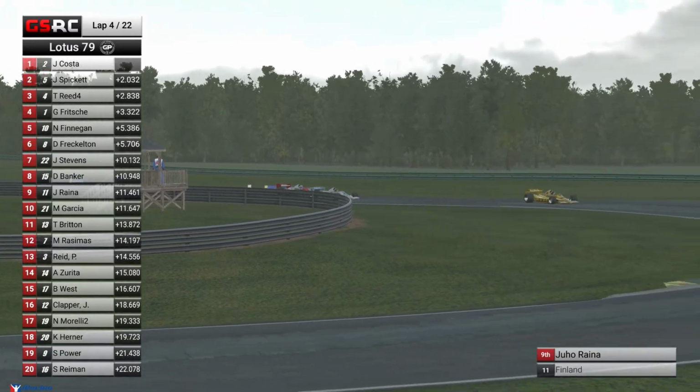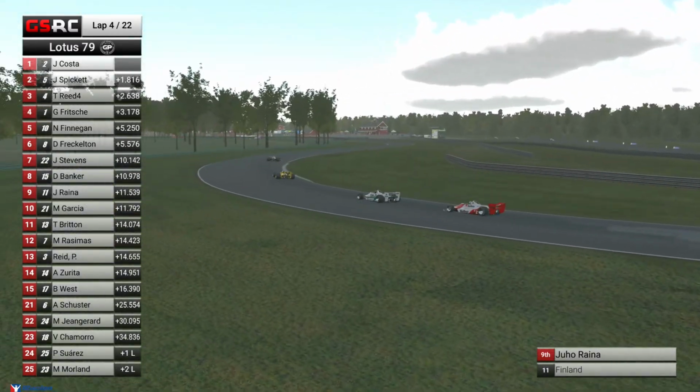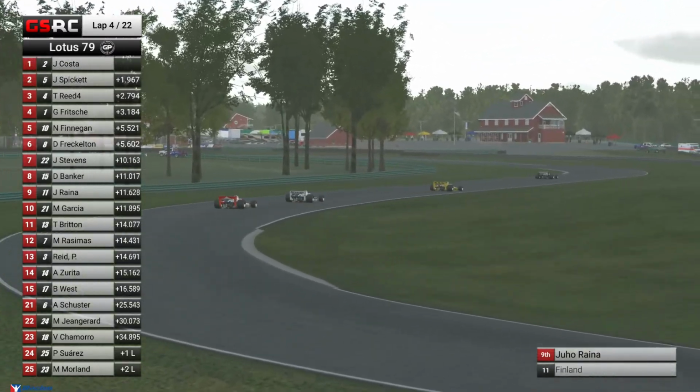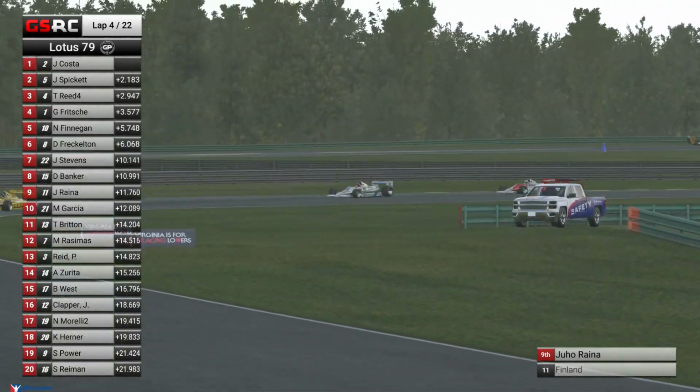Just got to be nice and stable on those brakes, not overshoot it into turn 1. Gets the car hooked up through the apex. Yuho Reina up to 9th. All right, one down, just a few more to go to get back to at least where he started this